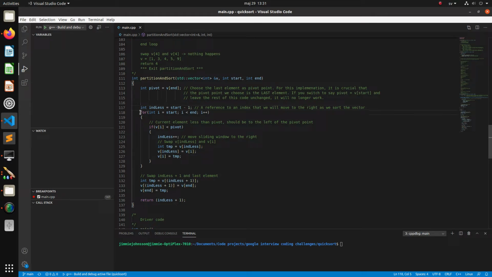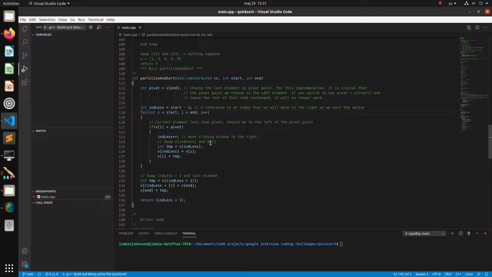We step through the vector using the start and end indexes for the loop, and we check if the value we're currently at is smaller than the pivot point. If so, we move that sliding window to the right,